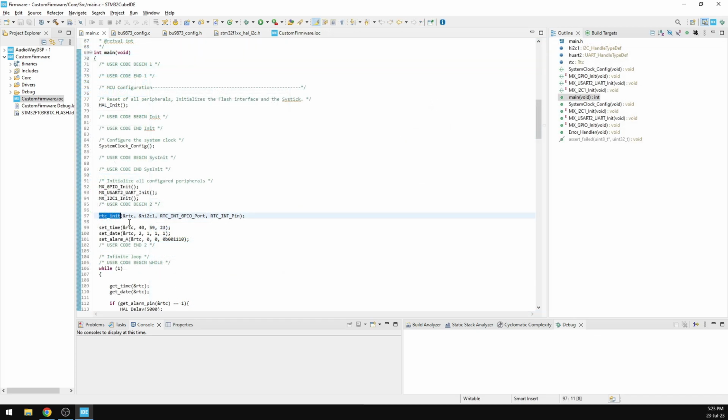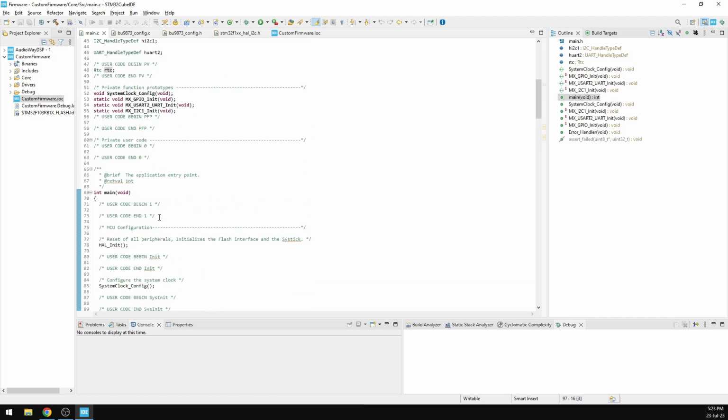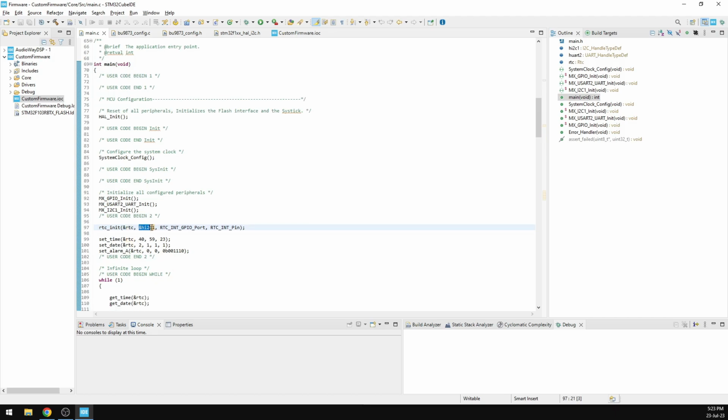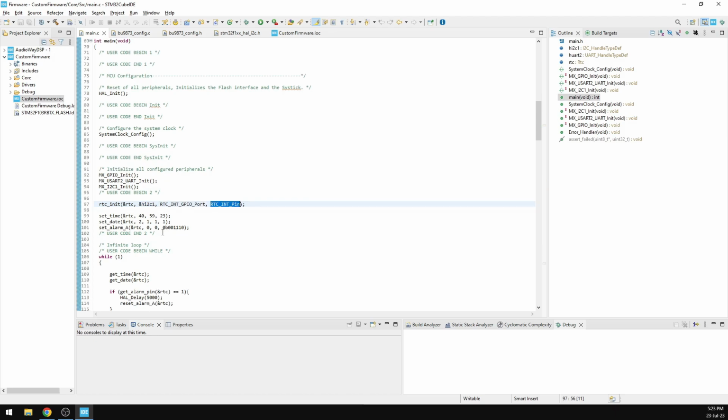I call RTC init to initialize the clock. So I pass the address of the RTC struct that I initialized at the start. I pass the address of the I2C handle def and the port pins and GPIO structs. I set the time, so I pass the time numbers, the seconds, minutes and hour values. I set the date